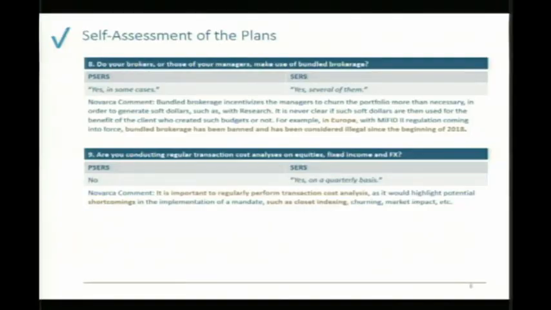So on the same note, we have asked whether the plans are doing a transaction cost analysis. And PSERS has said no. They have said they did do it in the past, but felt it was of not much use. We can understand that. These numbers are sometimes a bit cumbersome, complex. There's sometimes not much you can derive from it.